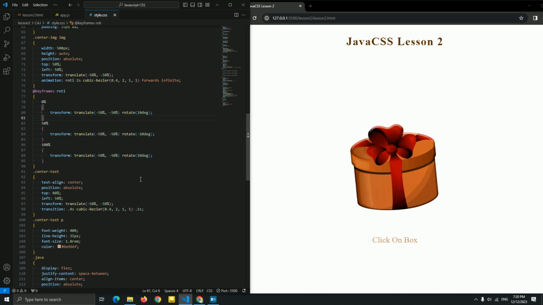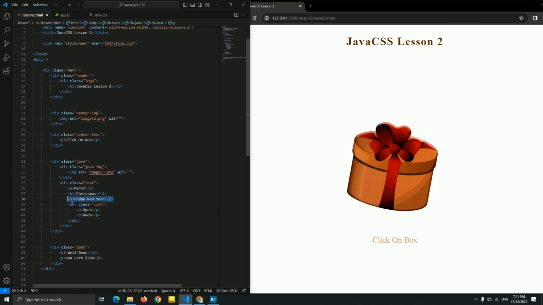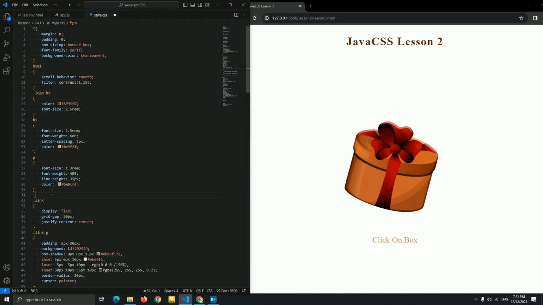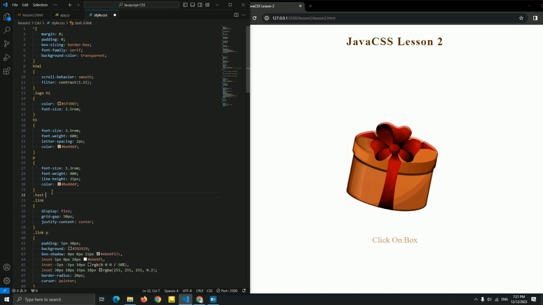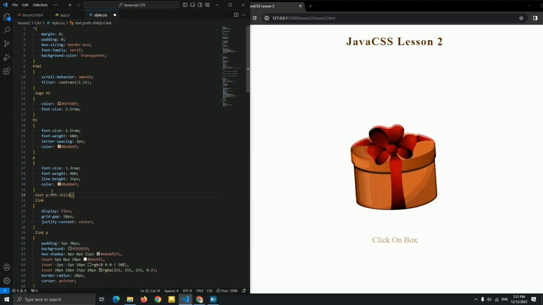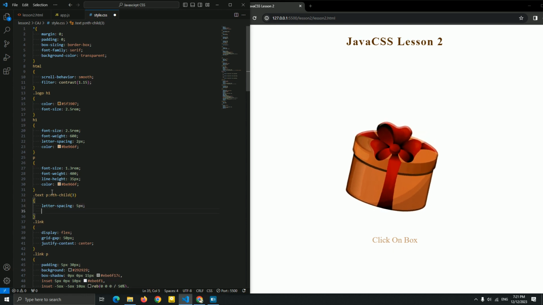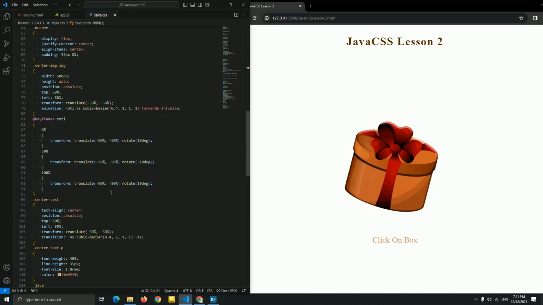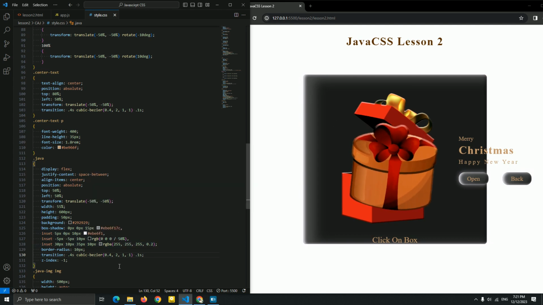Okay, now let me add a last thing. I forgot to add it, and I want this description to have a margin at the bottom for the a link, so I'm gonna add it here. Text p nth child 3. I'm gonna add letter spacing to give a different style for this, and margin bottom 20 pixels. And let me just see it. I'm sorry. Okay, yeah, now it's better. I think now it's better.